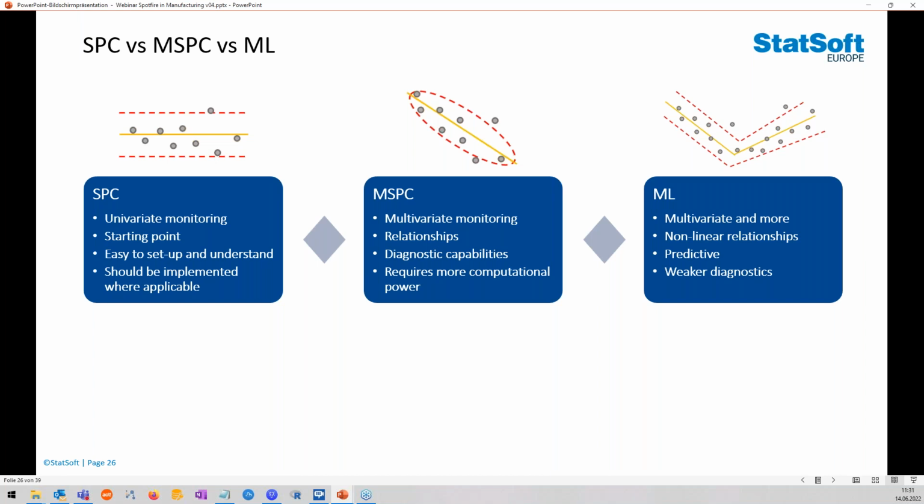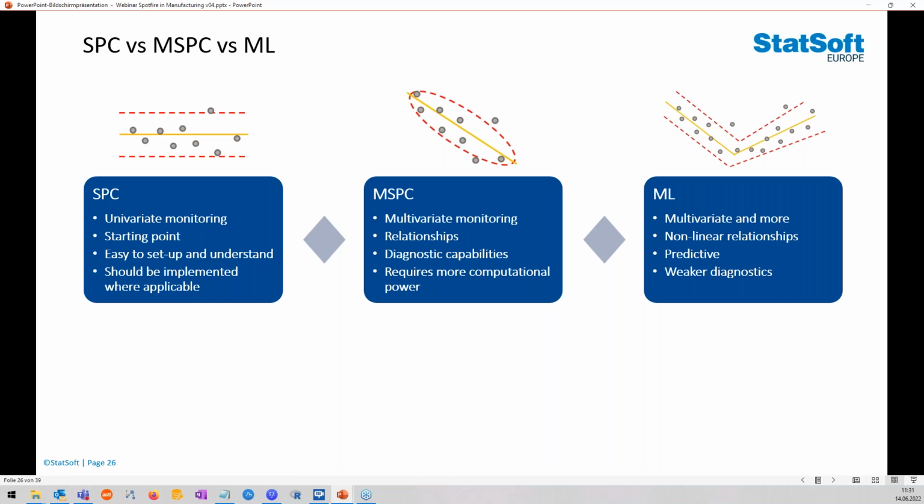Machine learning can also be used in a predictive fashion. So you could predict what is going to happen, let's say, after some measurements have been read, what the next measurement could be, or what the final outcome of your production process could be. With machine learning, you could predict something like this.